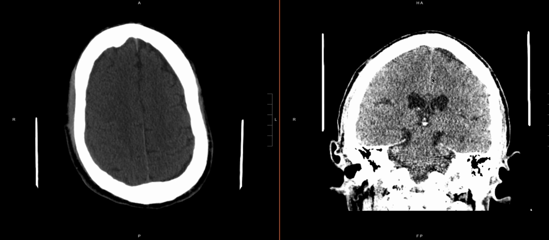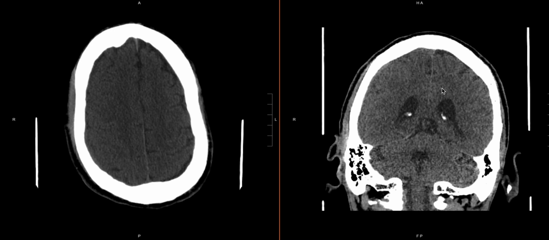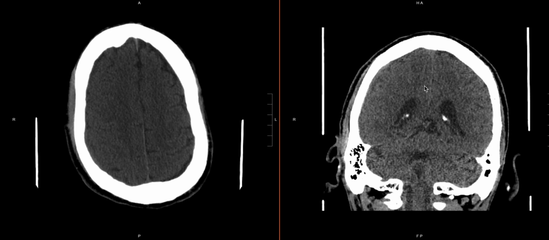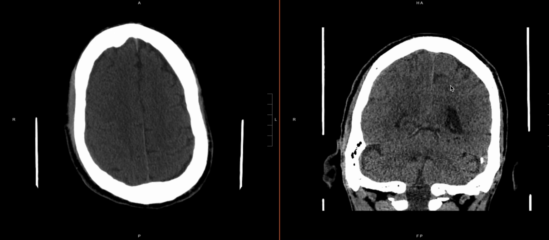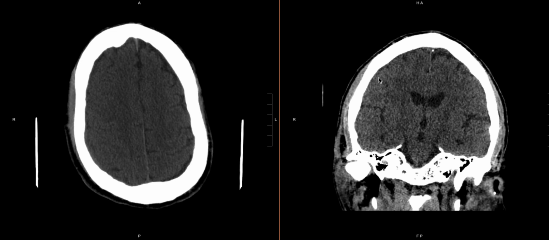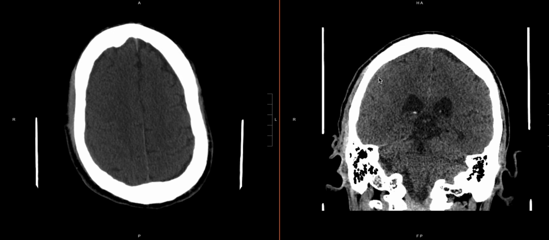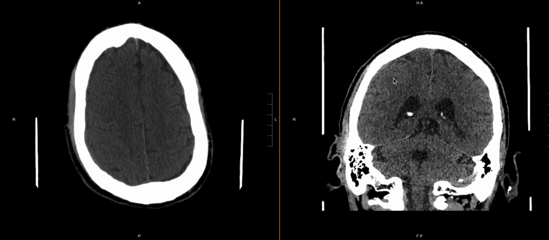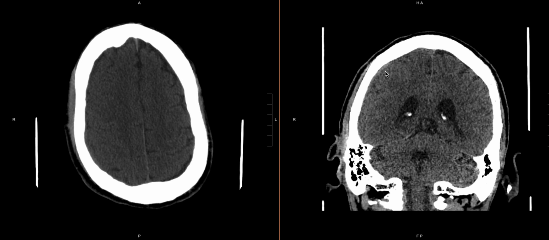If we go to our coronal, again, we're going to do our subdural window. This is the preset 6160 that I have. I'm just going to adjust it a little bit, see if I can find it to be a little bit more helpful. So that's just a slight adjustment, but I think this actually makes it a little bit more obvious, where as you scroll and compare the left to the right side, what you'll see is there's something a little extra right here. And as you scroll through, you'll see that that's actually subdural blood around the frontal convexity here that's pushing